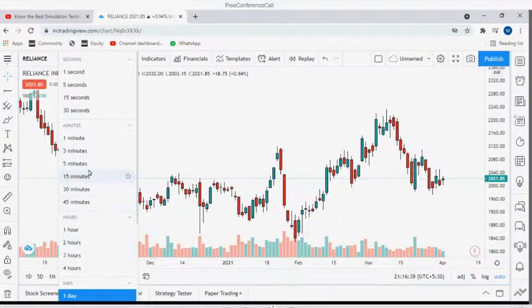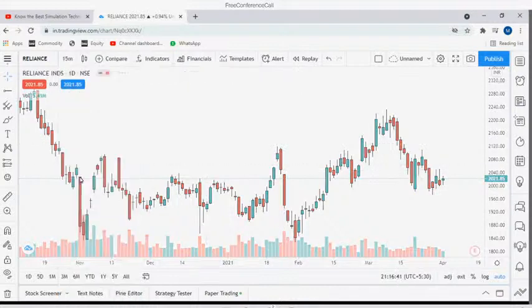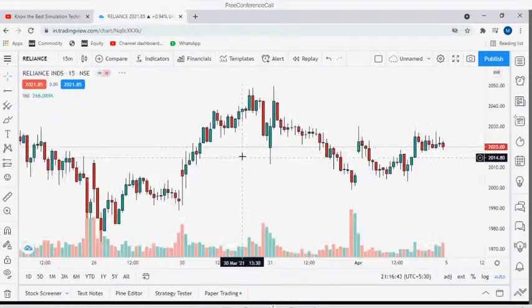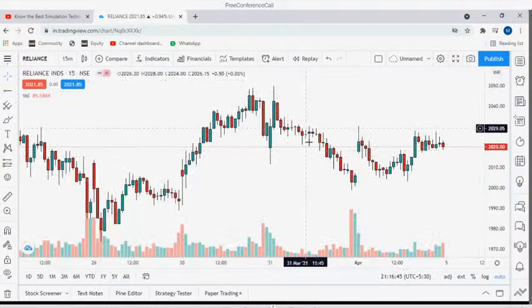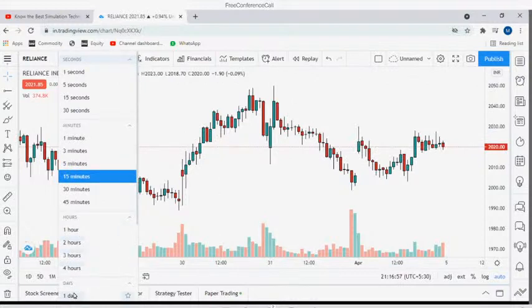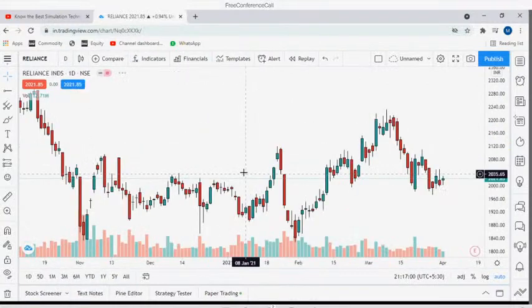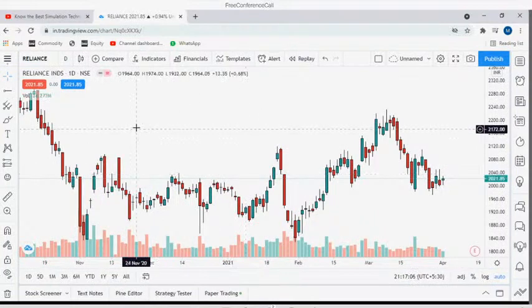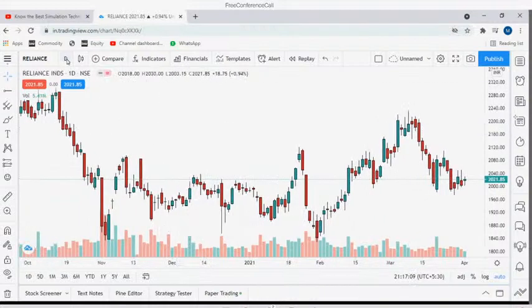Okay, suppose I want to test some strategy on 15 minutes, I can't do backtesting using simulation. For the free version they have some restrictions. But if you are choosing the daily chart, you can do simulation, backtesting, everything with this. Now I'll show you one simple example. Since they provide it on daily, weekly, I am considering daily.